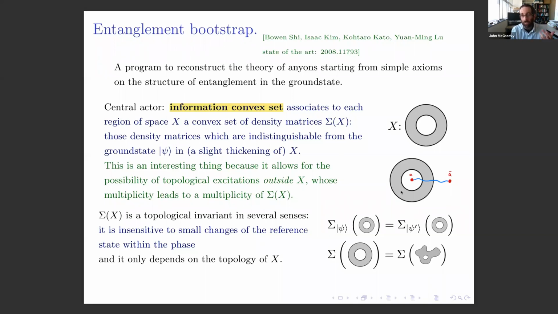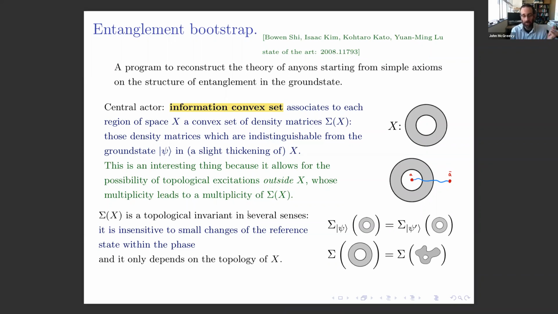And moreover, if those excitations are topological, the string operator, say in 2 dimensions, which creates those excitations, can be forced to go through the region X. That is, the excitation can be linked with the region X, and therefore the set of density matrices which look like the ground state in X detects that excitation. Okay, so this convex set of density matrices is a topological invariant in several important senses,